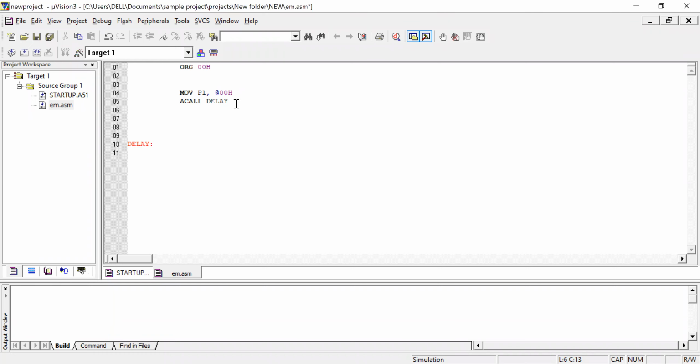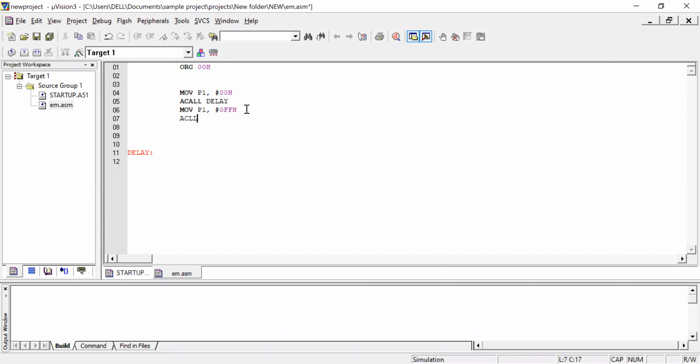Now I'm going to move to the same port, sorry, not at, it should be hash, so an 8-bit number H. Here, if you start with F, always mention 0 in front, because the software is not taking it directly. If you place FF, it is not directly taking FF, so you must place 0.